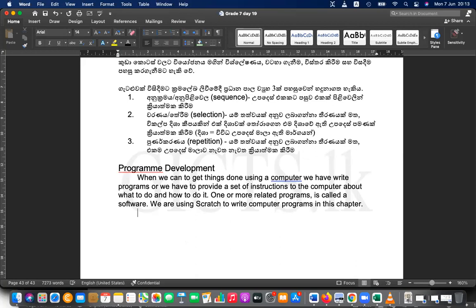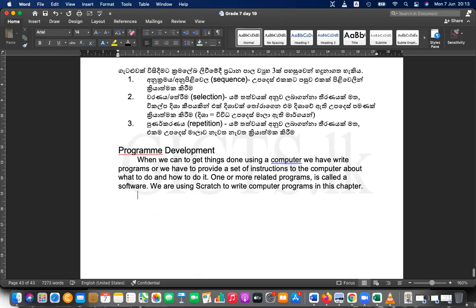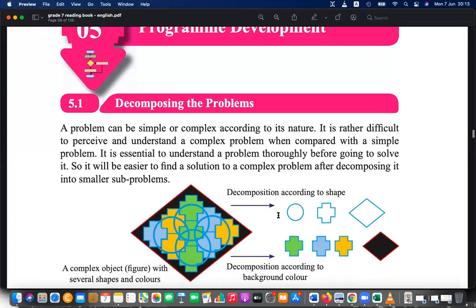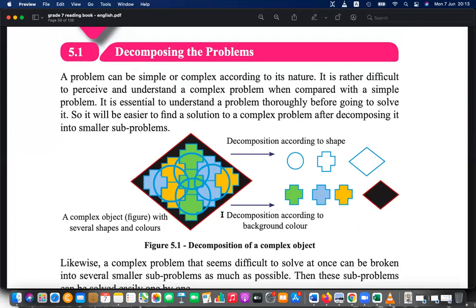Okay, in the book, when you got your book, it states decomposition. Decomposing the problem. Decomposing means you have a large complex object, and you can divide it, or decompose it, into small manageable pieces.